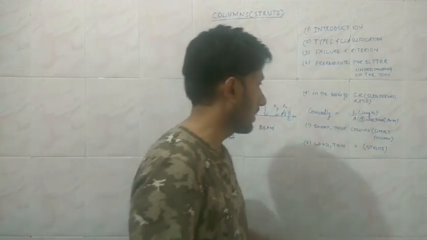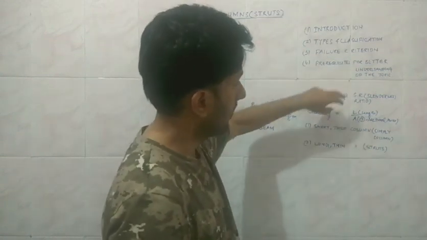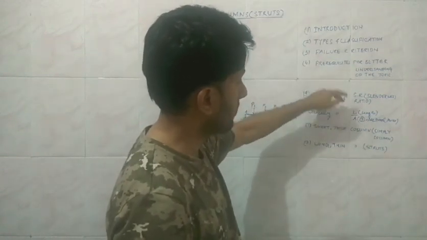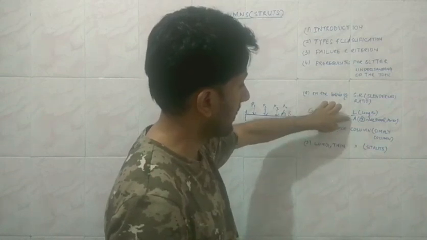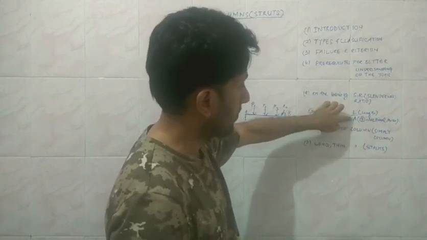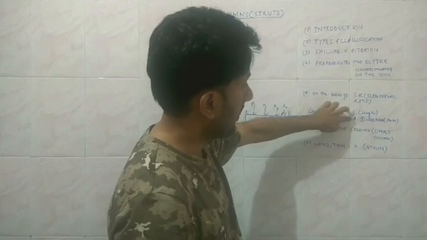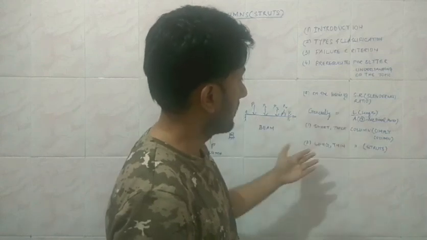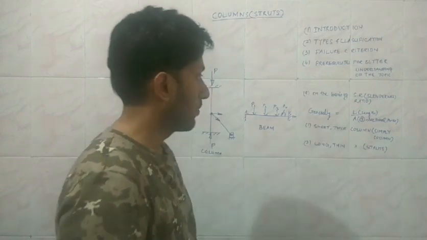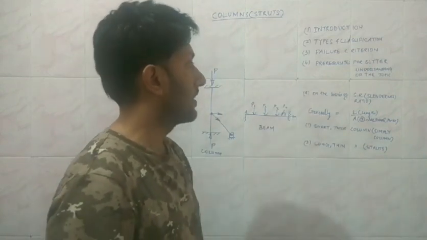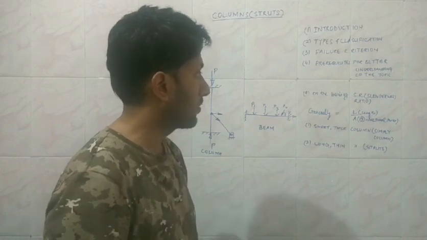They may be defined with respect to the other values also, like if with respect to the length the cross sectional area is large, or with respect to the cross sectional area the length is small, then they are going to be categorized as short and thick. So this is the general definition of the slenderness ratio.